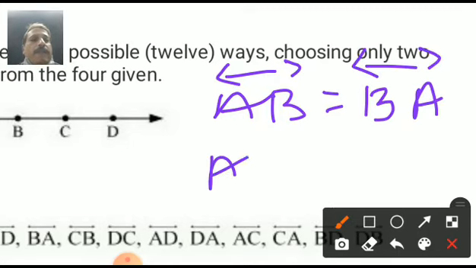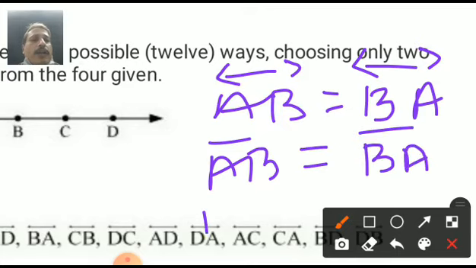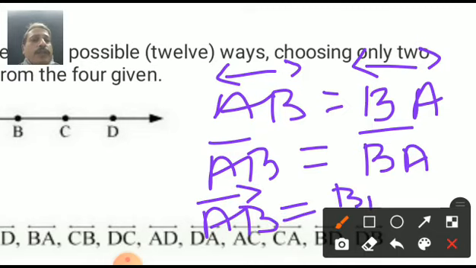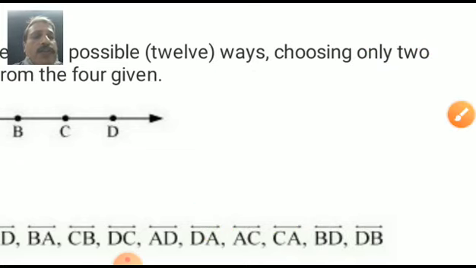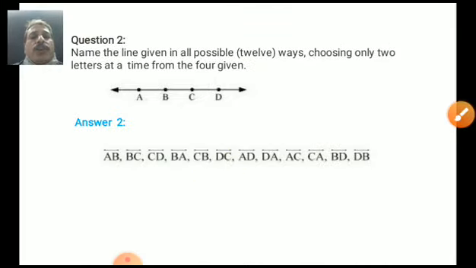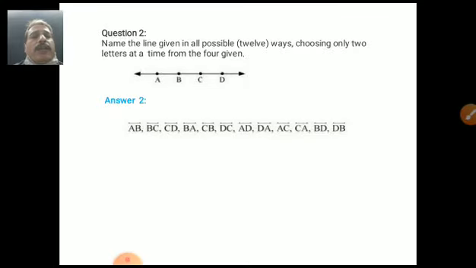Yes, line segment AB can also be written as line segment BA. But you cannot write ray AB as ray BA. Students, here is the main difference. You cannot write ray AB as ray BA. Okay, so here on one side I have shown all 3 differences. Very good students, so here we end question number 2. Does anyone have a doubt regarding this? No. Very nice, good, very good students.